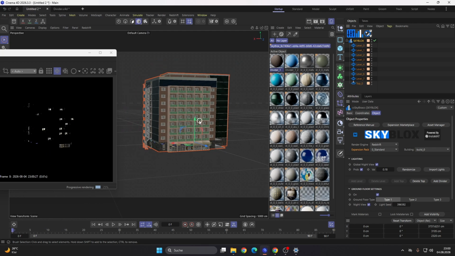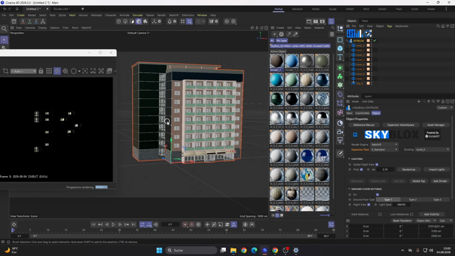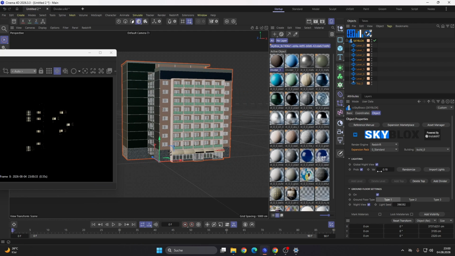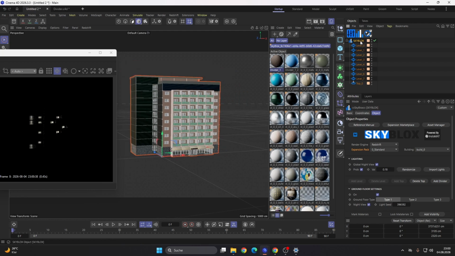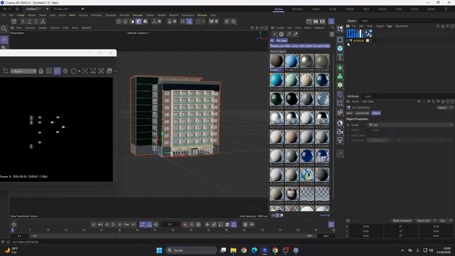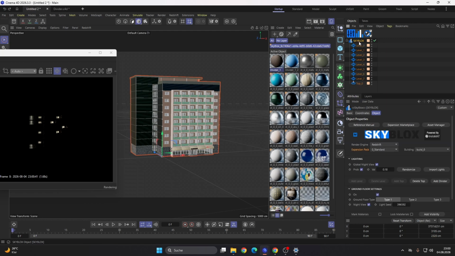So this looks pretty cool at night, 4 o'clock or something. And if you make this editable, you can see the lights stay here. In this scene, you have total access to the lights and to the objects and the geometry as well. But if you want to work in a procedural mode, because sometimes the plugin is much faster when it works procedurally instead of working with the polygon objects. This is pretty crazy. I don't know why this is so, but the plugin is faster in its procedural mode. So you have this import lights.